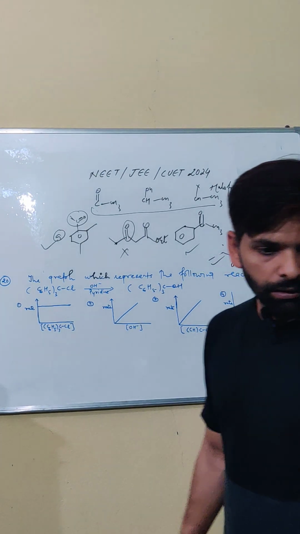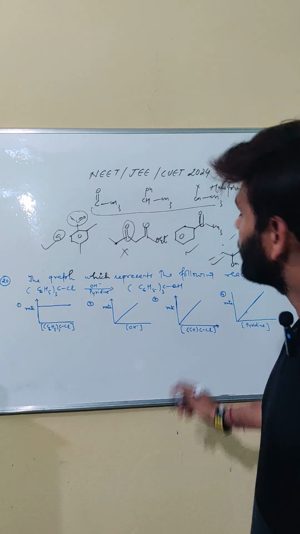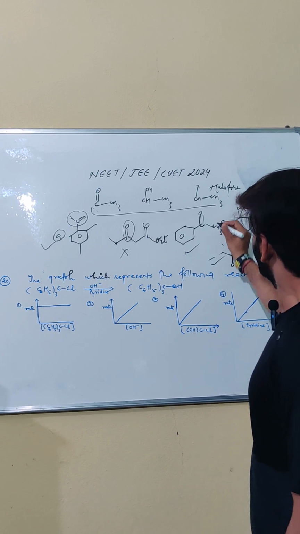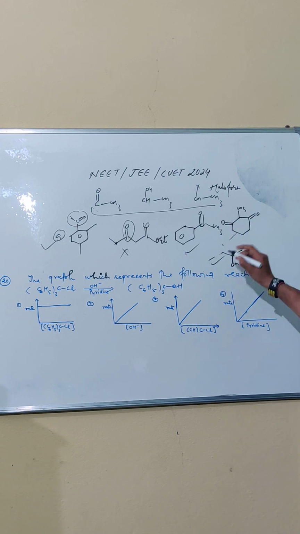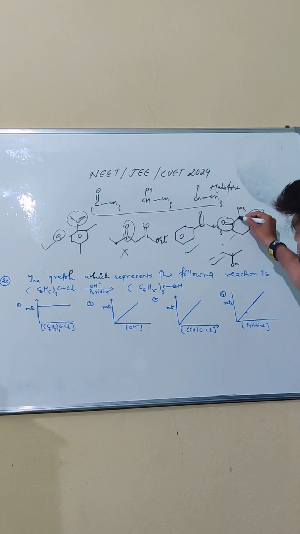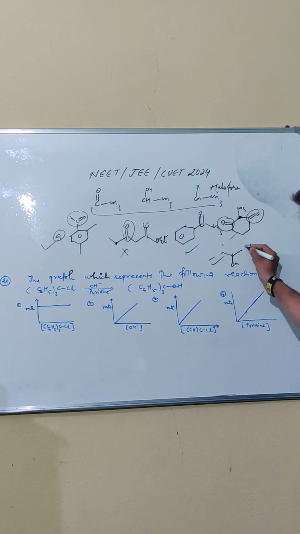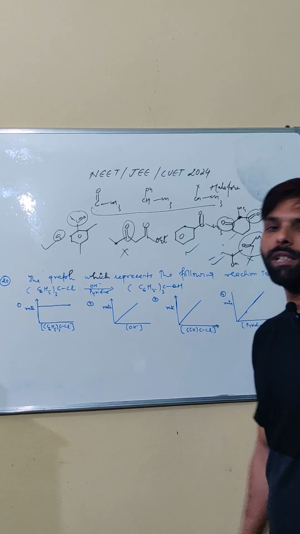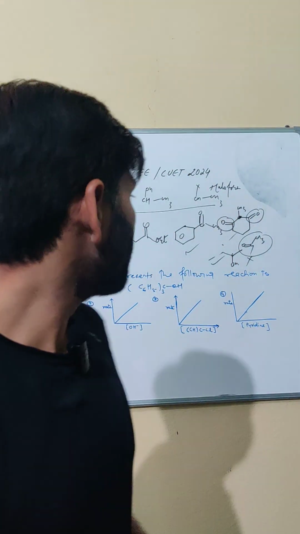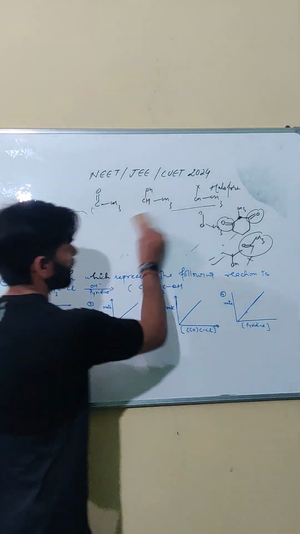And the last molecule is this: methyl, okay, and here ketone, this will not give the haloform test. Why? We are having ketone, but this carbon is not in the form of a methyl group. Methyl is at this carbon. We want ketone and then here methyl. If this group is present, only then will the haloform test be obtained. So out of these 5 molecules, 3 molecules will give the haloform test.